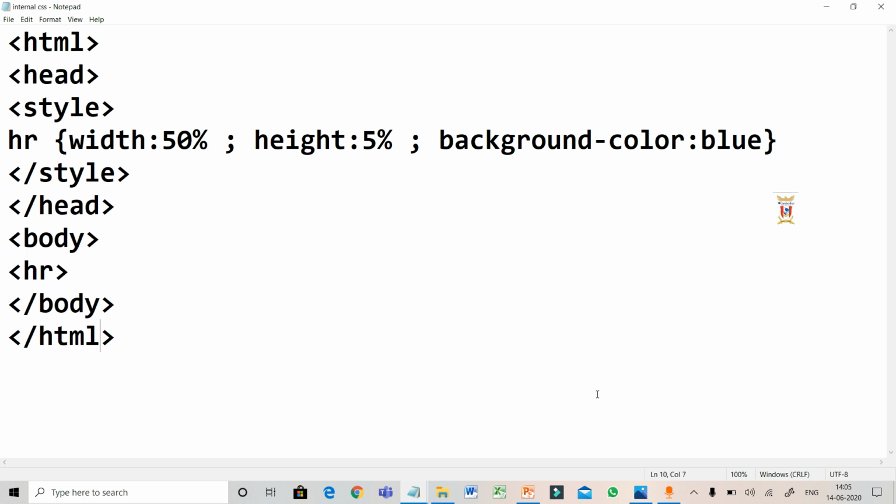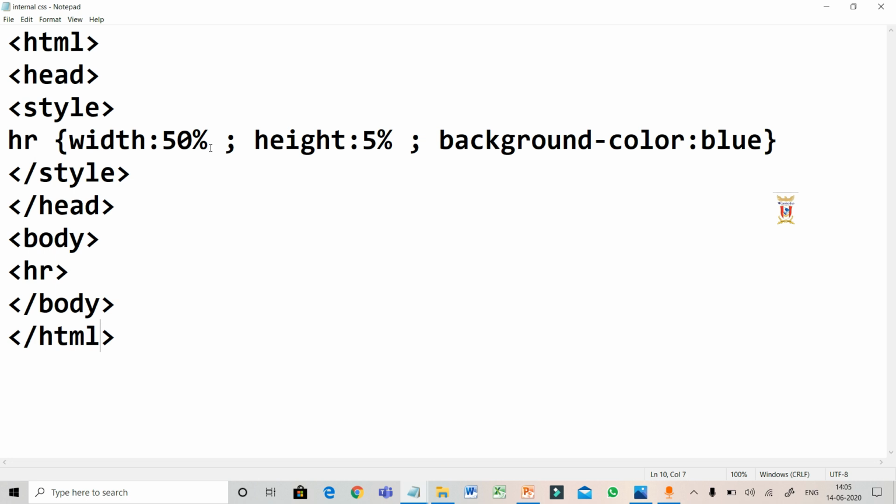As you can see, I have already written a program here. Let's start with the basic thing, HTML, then head. Now, when you are writing your internal CSS, you mention style as a tag. Then HR is another tag which represents the horizontal line.